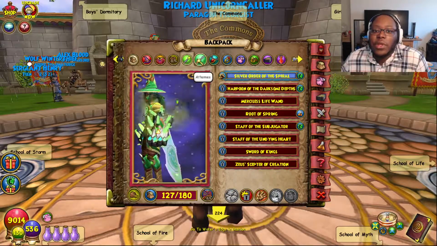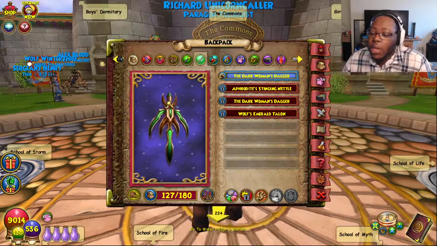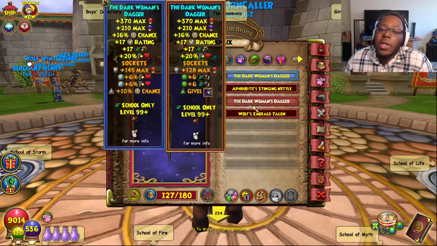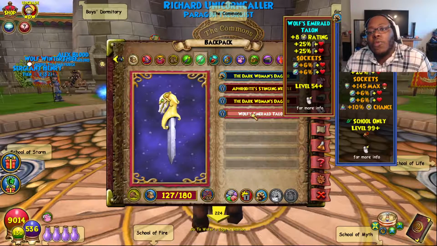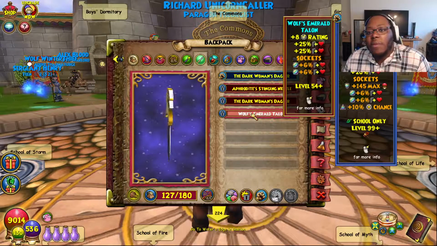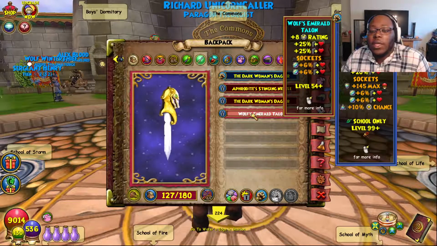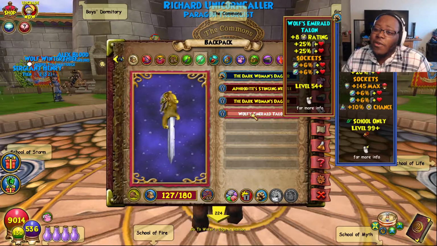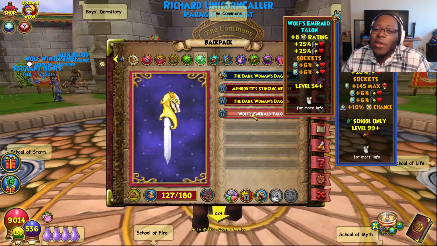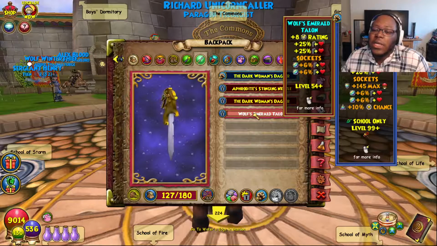Alright, going on from the anthems. We gotta talk a little bit about the anthems, alright? Because y'all be running it with the Wolf's Emerald Talon, which is a lot of outgoing. You get 25% incoming and outgoing. And of course, you can put the little opals on there to maximize your outgoing. However, what I really don't like about the Wolf's Emerald Talon is the fact how it's missing a lot of